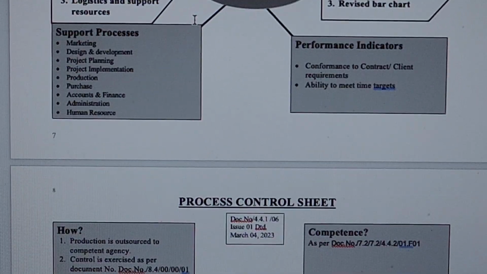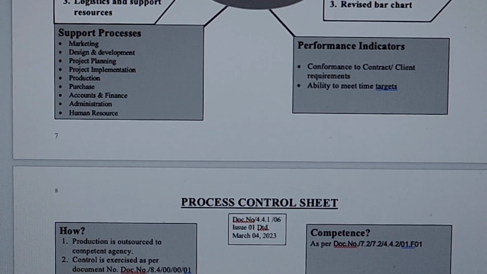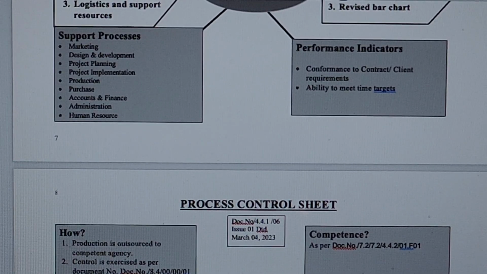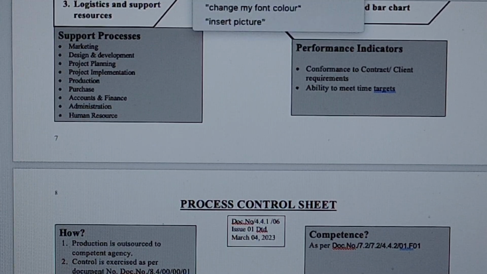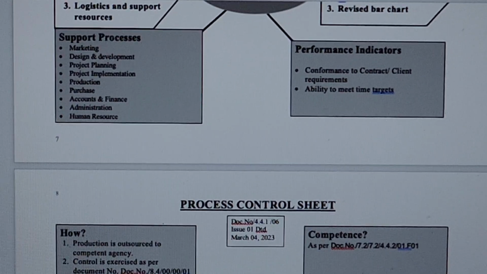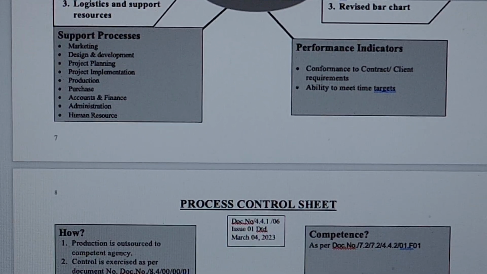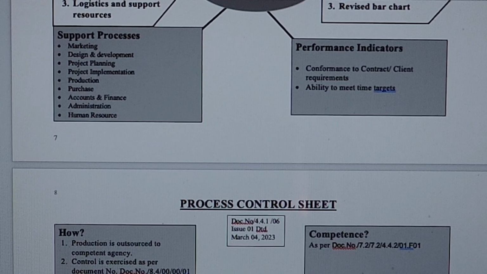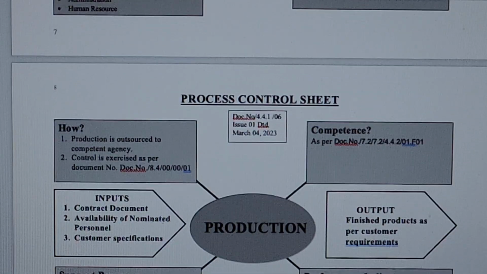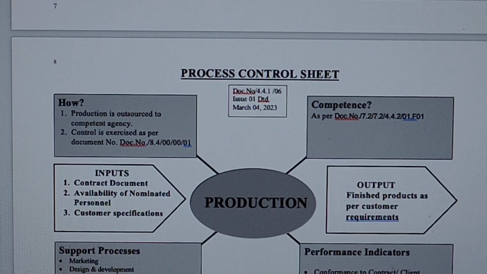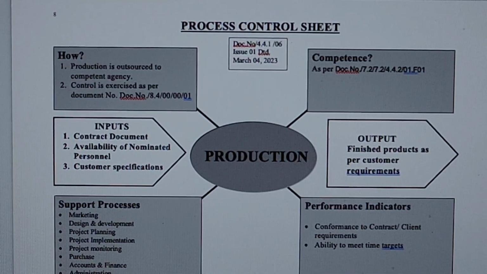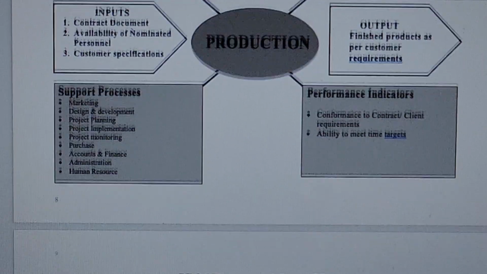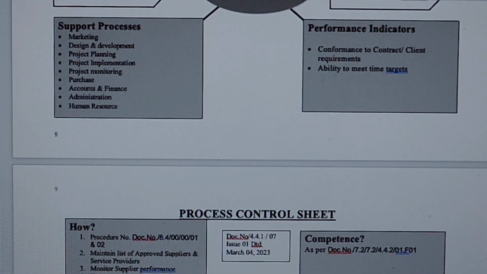We go to the next one, which is sheet number 06, and here, as you can see, sheet number 06 is, just a minute, let me push it further. It is production. So if you have a production shop also attached, then you can have this sheet, otherwise not. And then the next